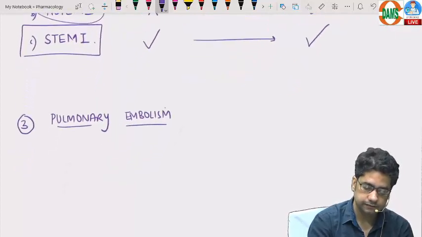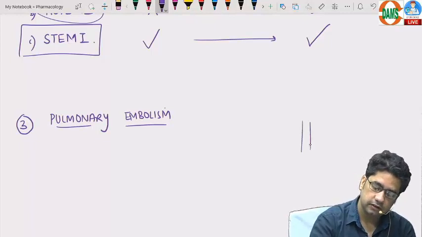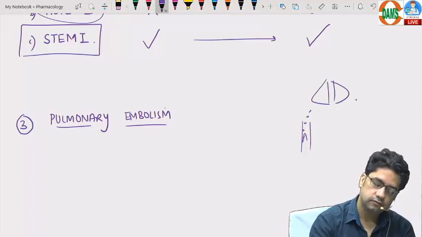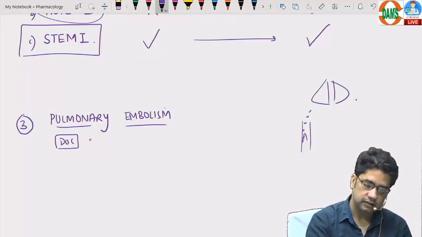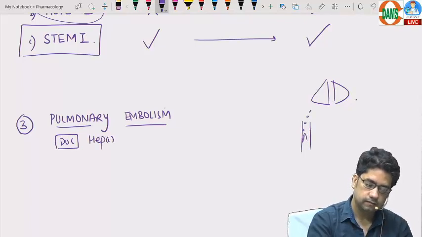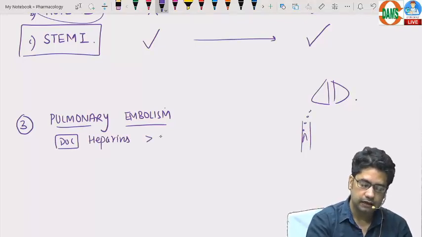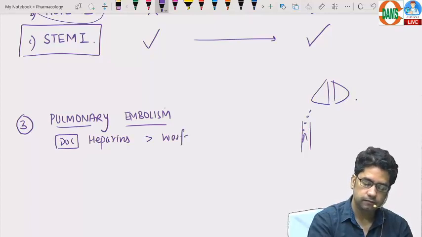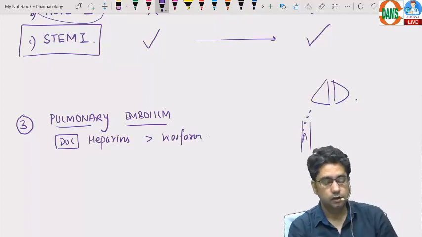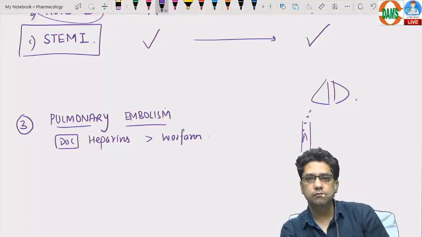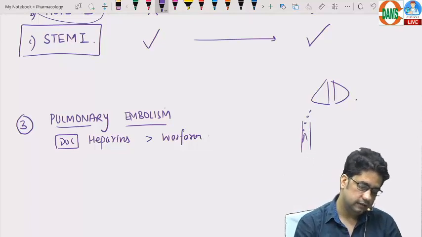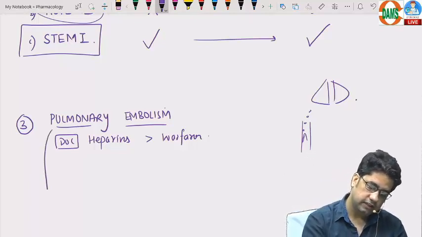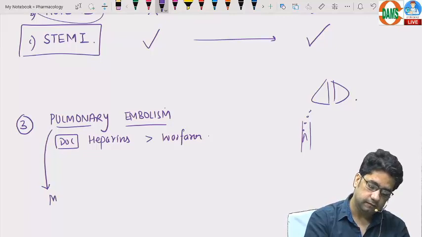पल्मोनरी एम्बोलिज्म. सर, पल्मोनरी एम्बोलिज्म, लेग वेन, small emboli going into lungs, no problem. The drug of choice for pulmonary embolism is heparin, and you can maintain the patient on warfarin. Now the question is, if the patient is having massive PE,